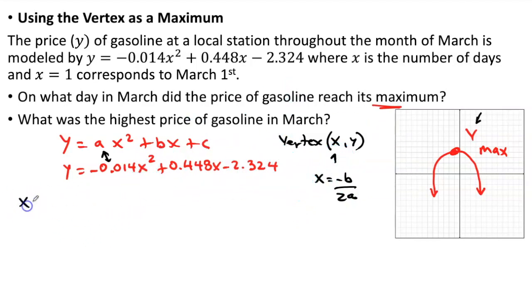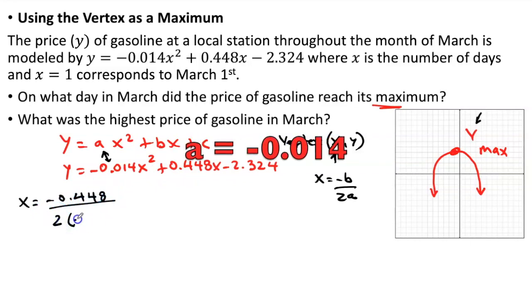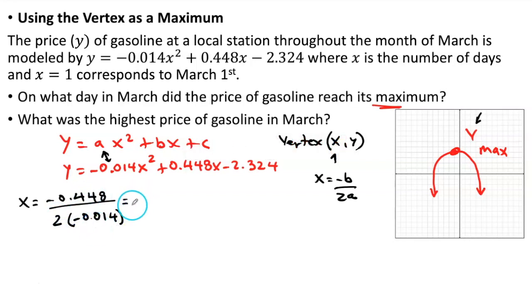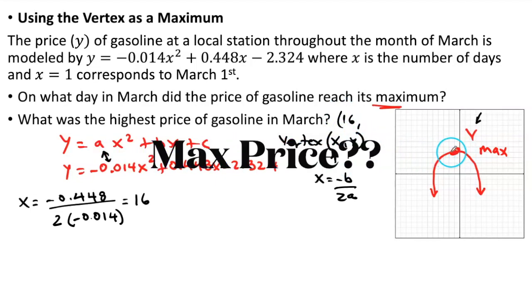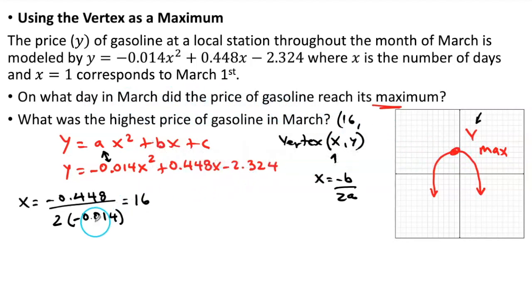X equals negative b, but b is 0.448, divided by 2a. 2 times negative 0.014. That will give me 16. Now I have the value of x, which is 16. My vertex, 16 comma. I gotta find the value of y because remember, the value of y is the one that is gonna give me the maximum. In this case, the price, maximum price. Let's plug it in. Y equals